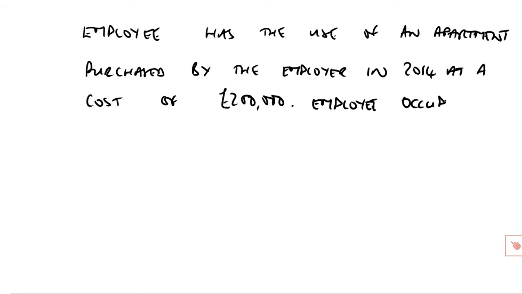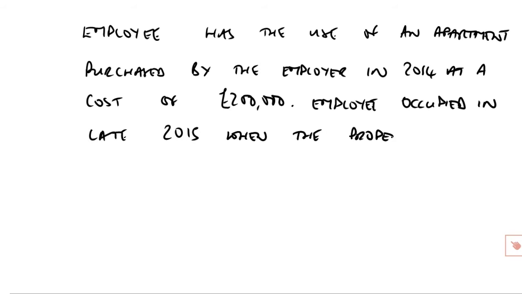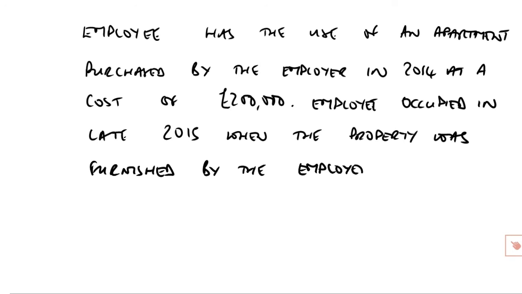Employee occupied in late 2015 when the property was furnished by the employer at a cost of £20,000. We're further told that in the 2016-17 tax year, the employer